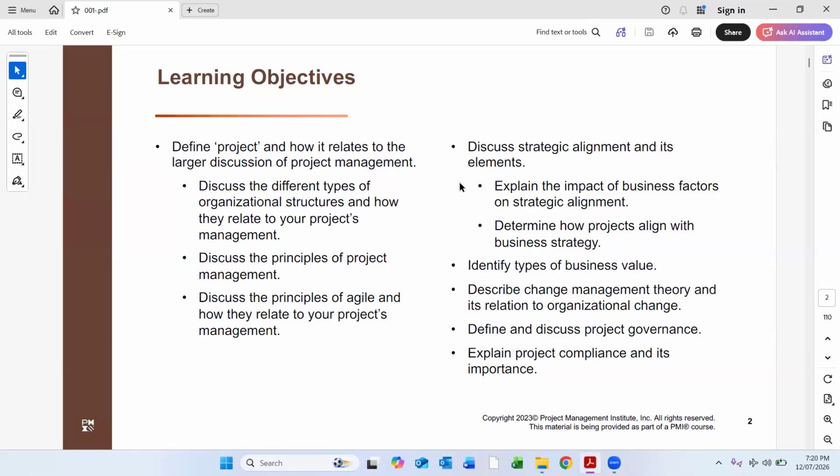Also, strategic alignment and its elements, like the impact of business factors on strategic alignment, how projects align with business strategies, and what the different types of business values are. We will discuss change management theory and its relation to organizational change. We will also discuss project governance and project compliance and their importance.